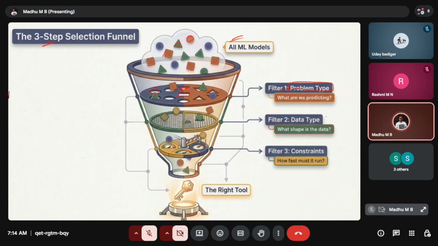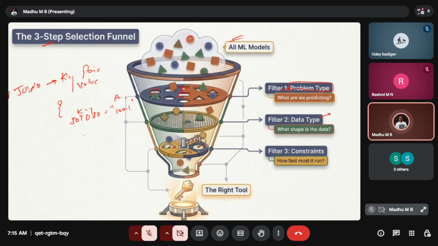I was mentioning the JSON format, right? So we have to check what kind of data. Yesterday I was mentioning the data sets. Usually when we are considering IoT, it will be a JSON format. JSON format is a key-value pair. When I say key-value pair, how will the JSON format be? It will be like this: IoT device ID will be, let's say, 100 or something. This is the key, and this is the value.